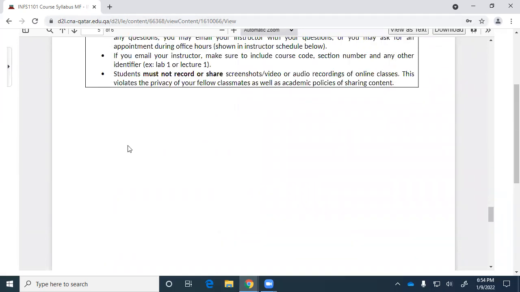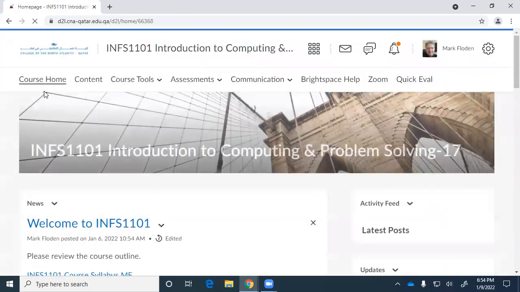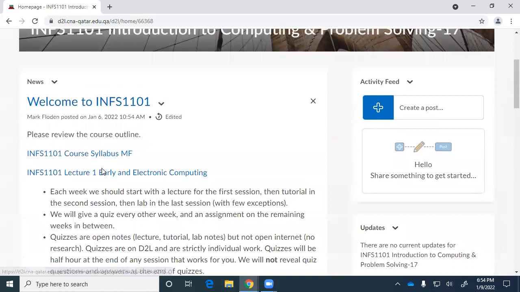All right, so that's enough on that, I think. So that document's there. As I said, if anybody wants me to print that, I'm quite happy to print it out for them. But I think that you don't need it because it's there for you. You can look at it anytime you want. None of this stuff that's on D2L is going to go away. It's there. Once I put it up, it's there.